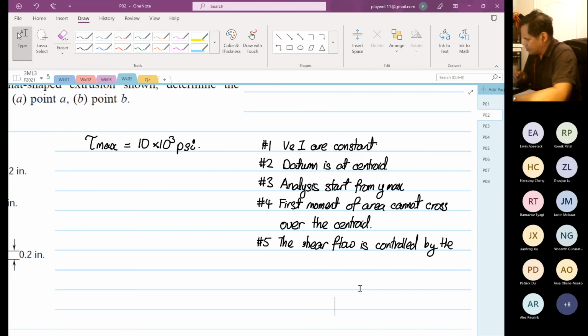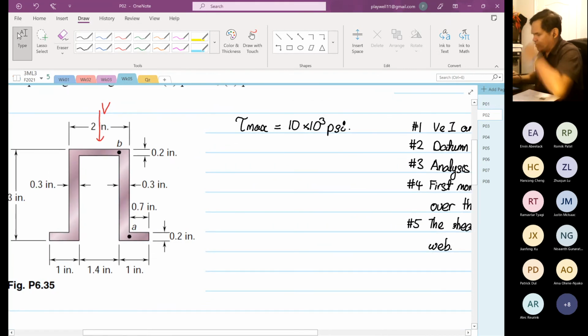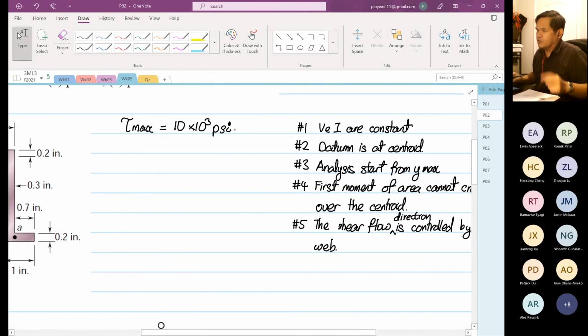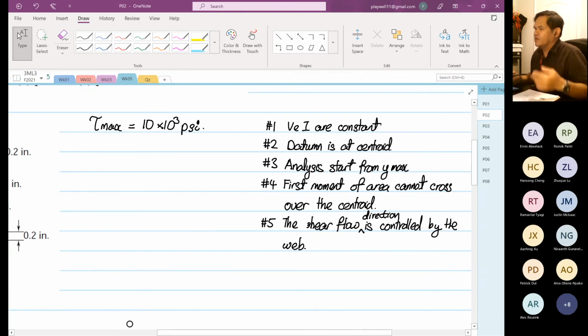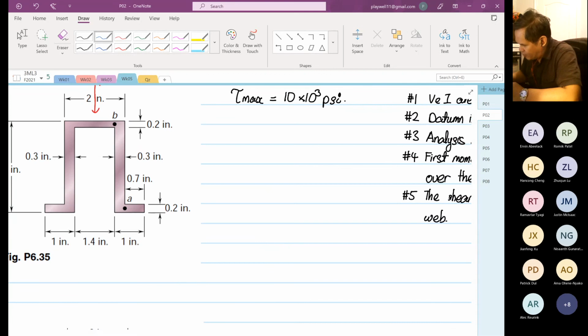So the shear flow direction is controlled by the web. Okay. So over here, the rules still apply. The 5 rules still apply. V and I are constant. Data is at the centroid and starts from the Y max. First moment of area cannot cross the centroid. Number 5, the shear flow direction is controlled by the web. Okay. So we know that the shear flow is controlled